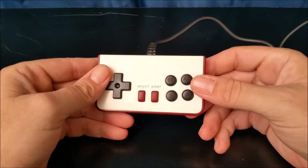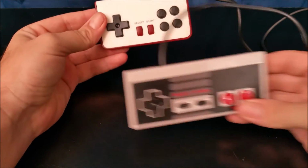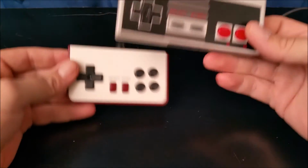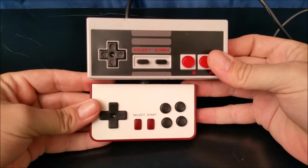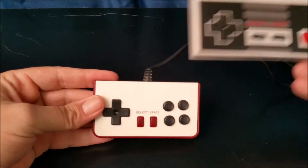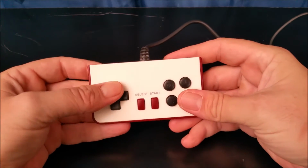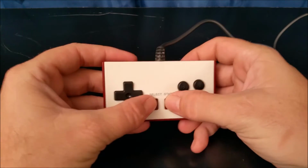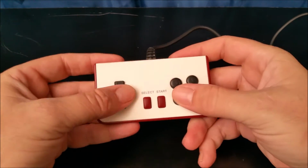But you can see it's pretty small. So, just to give you an idea, here's a standard NES controller. Well, this is an aftermarket one, but it's the same size. And compared to this one, it is a lot smaller. But here's the thing: the buttons are actually good on this. The directional pad is good. The buttons feel good, and even though it's much smaller than an NES controller, it's actually fairly comfortable